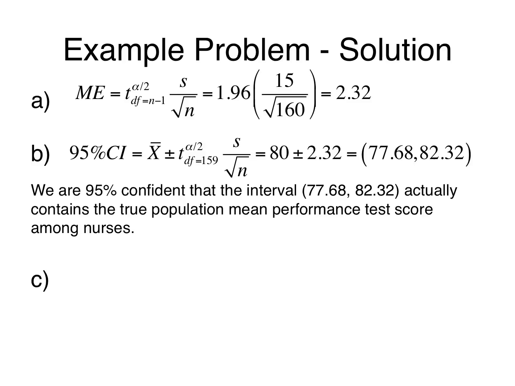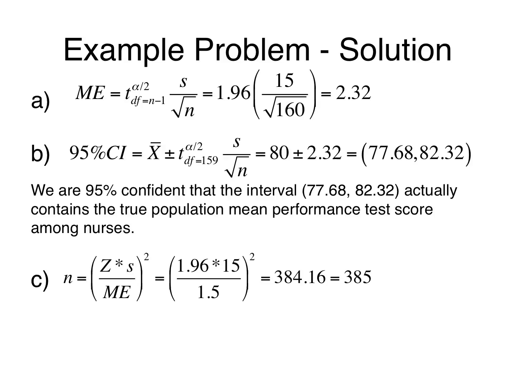The third question asked was, what sample size is needed for our 95% confidence interval to have a margin of error no larger than 1.5? To answer this question, we simply rearrange the margin of error formula and instead solve for the sample size. One thing to note here is that our t-value in this formula is replaced with z. And this is because t-values are dependent on sample size, but we're trying to solve for that here. So because we're interested in calculating a 95% confidence interval, this would be 1.96. We plug this value into our formula, as well as our sample standard deviation and our desired margin of error, and we get an answer of